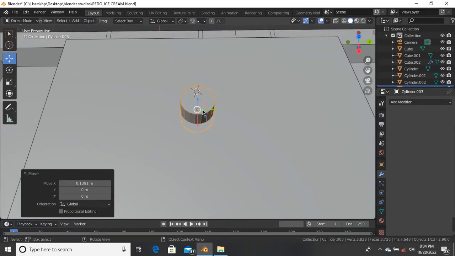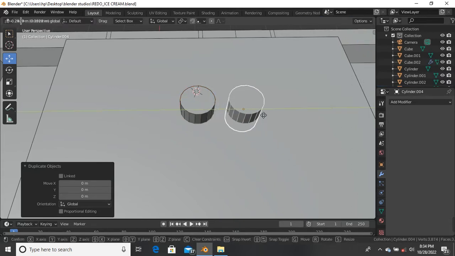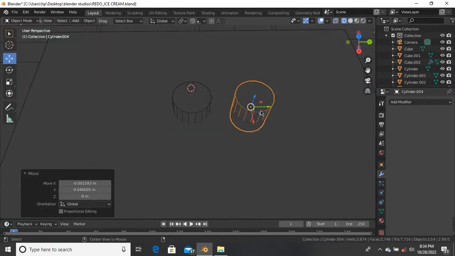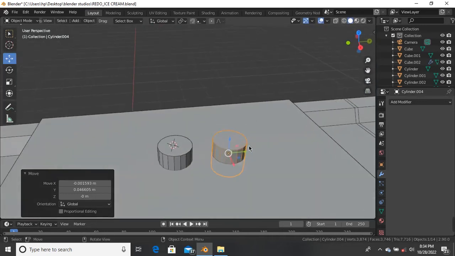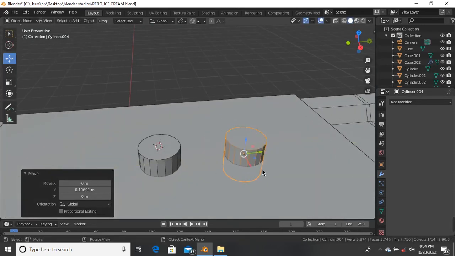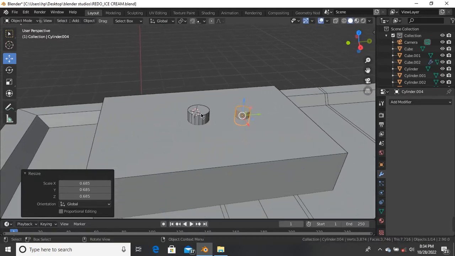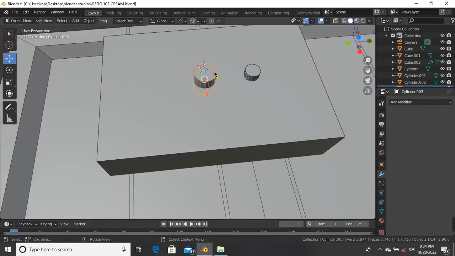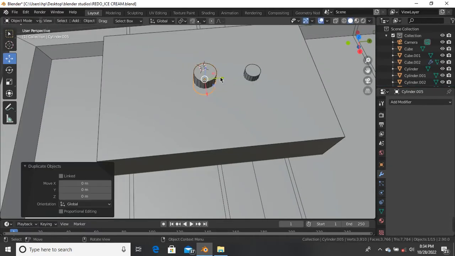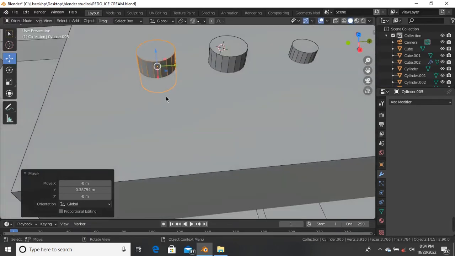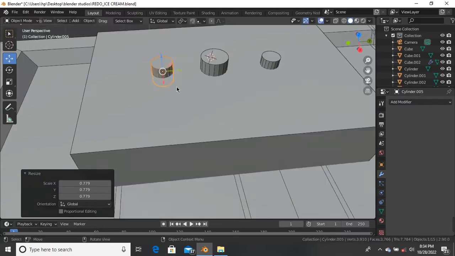I will duplicate this cylinder, Shift D to duplicate. Alt Z back. I'll move this forward a little bit and make this side to be the cavity for small cups. Select this, Shift D to duplicate, push a little bit backwards, reduce the size a little bit again, and